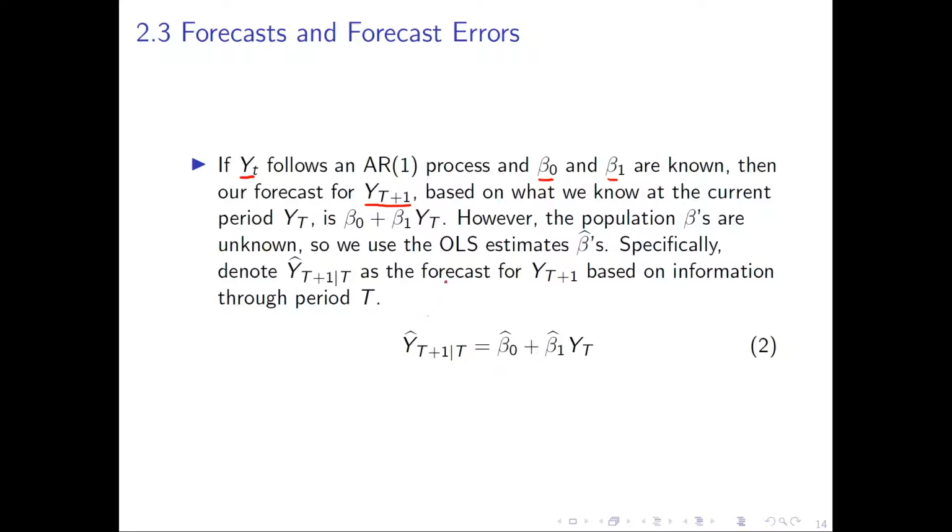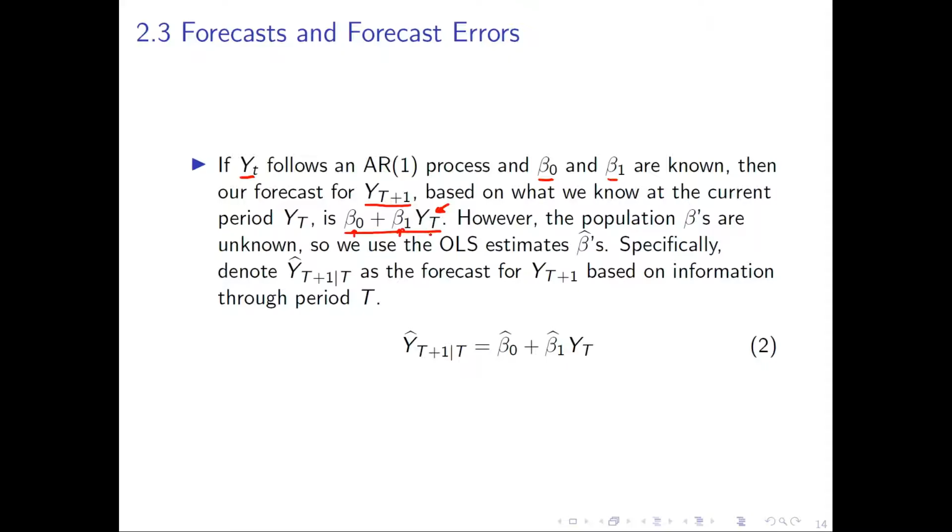And based on what we know, we can just plug in the current value in our AR(1) model, and we have the population coefficients, and we can just calculate this